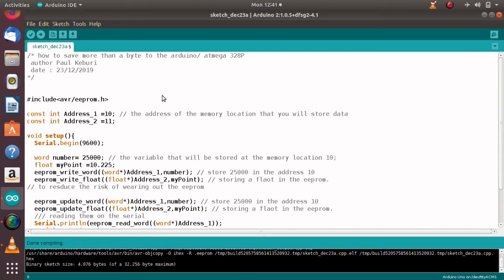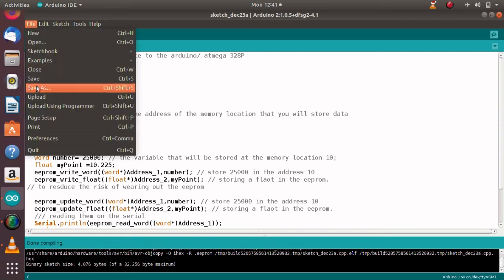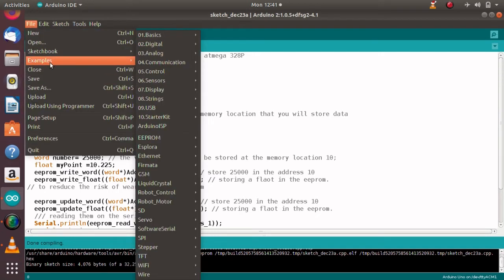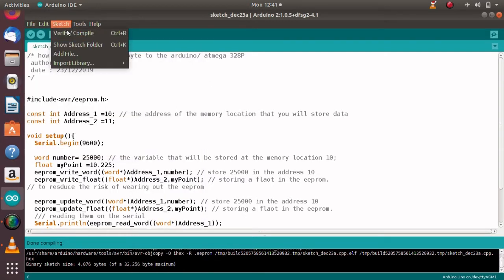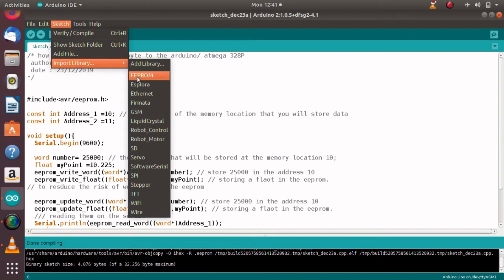The Arduino also has the EEPROM library. You can also check it here. You have to go to Sketch, Import Library, and you can see the EEPROM. This library is also good, but